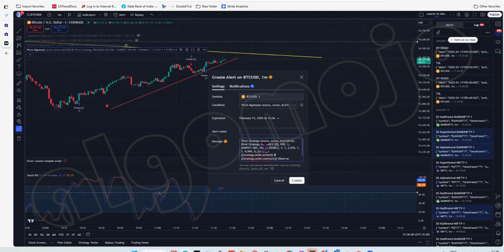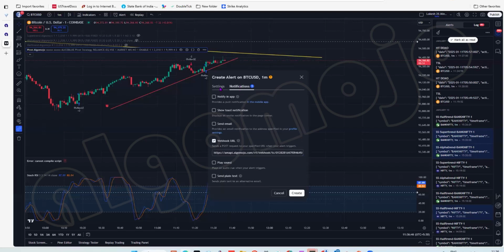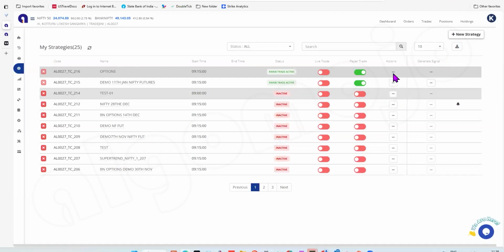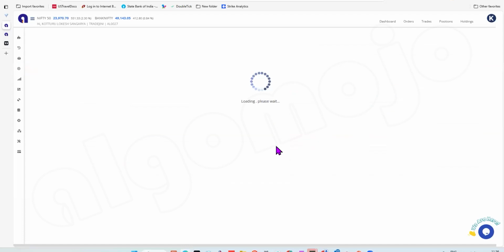Pretty simple. If it's a strategy, all you have to do is update this message box and update this webhook URL. That's all. There's nothing else to be done. Only these two copy-pastes have to be done. Message content, which will be given from here. Point to be noted here is